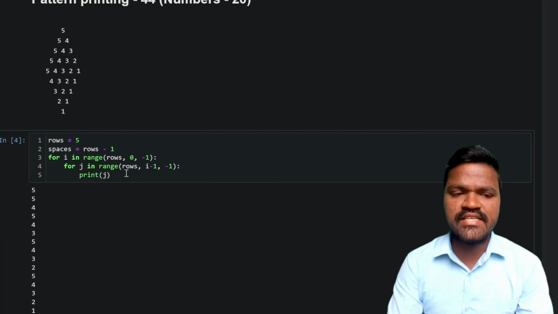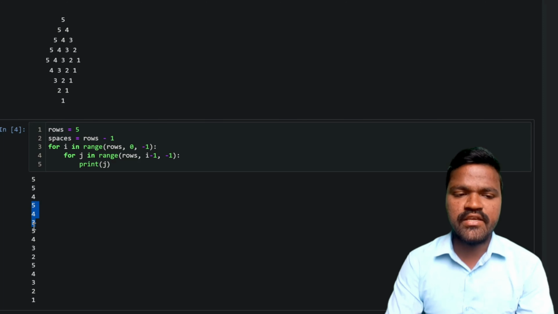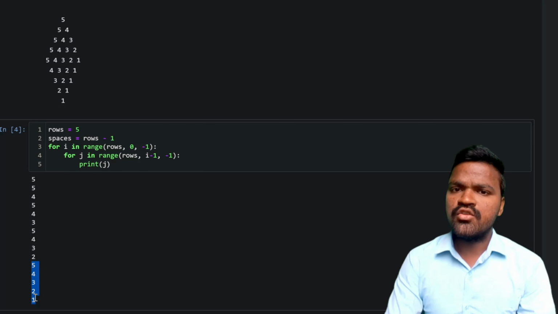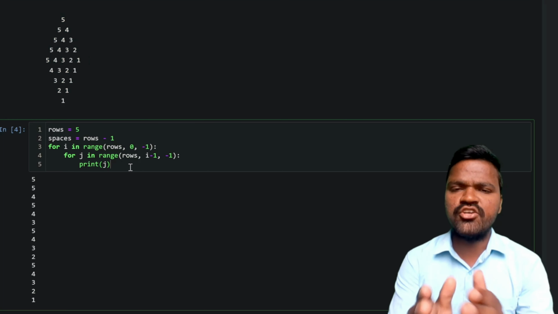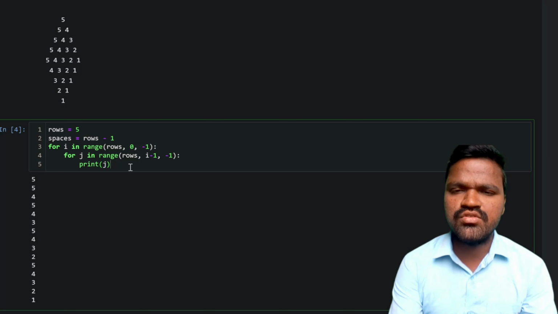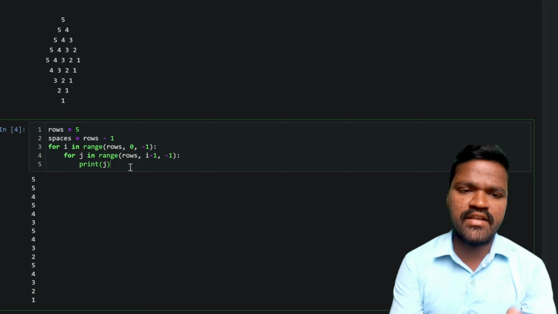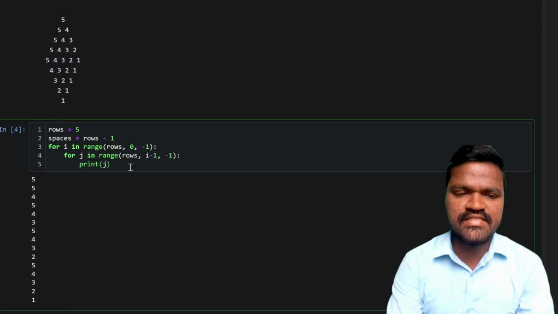Now if I execute this, we get the values 5, 5 4, 5 4 3, 5 4 3 2, and 5 4 3 2 1. Those are the exact values that we have in this pattern. Now we have the values, the only thing we need to do is arrange them so that we can get the whole pattern. For that I will use this end parameter